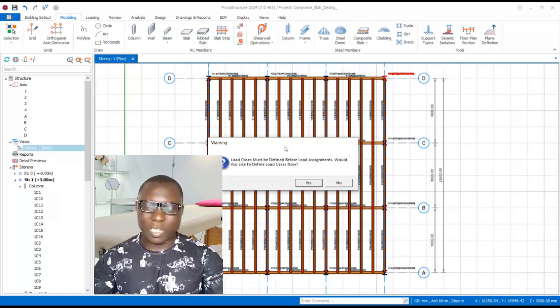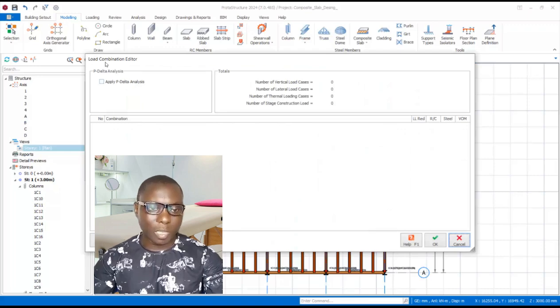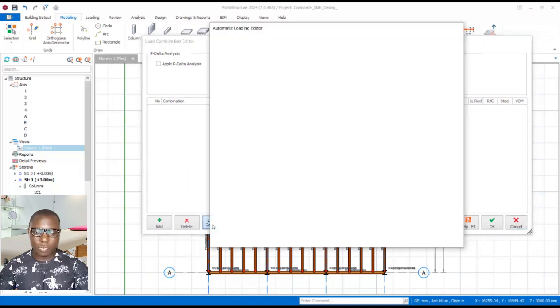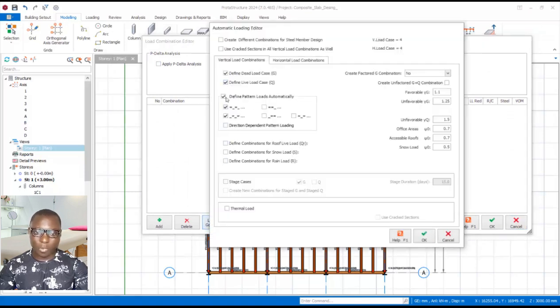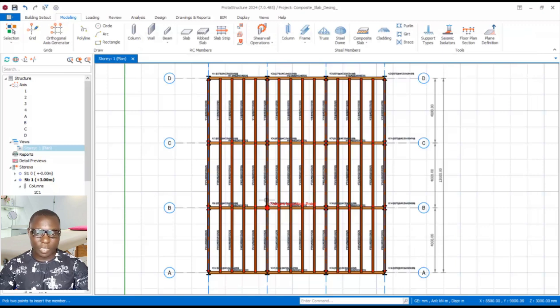Now before I place my slab, I'll be alerted to set my loading combinations. Click on yes options to open the load combinations editor dialog. This one, click on the load the generator. I want to get rid of this pattern load automatically. We're using this one, the life and dead load, and then I will create different combinations for steel member design successfully. After which I'll click on the OK options to have my load generated. I OK again. That is my combination successfully. Now I can now place the composite slab